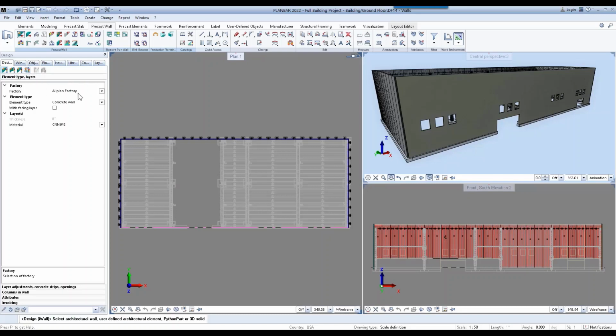So in this first tab, we'll specify the factory that we're using, the element type. So in this case, it's going to be a concrete wall, but we can do double walls, brick walls, sandwich walls, thermal walls. We could add a facing layer, and then also we could change the type of material or type of concrete that we're using. There's a few other options in here.